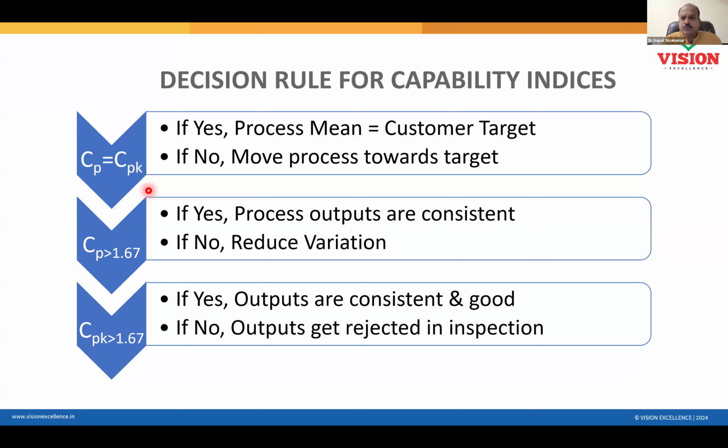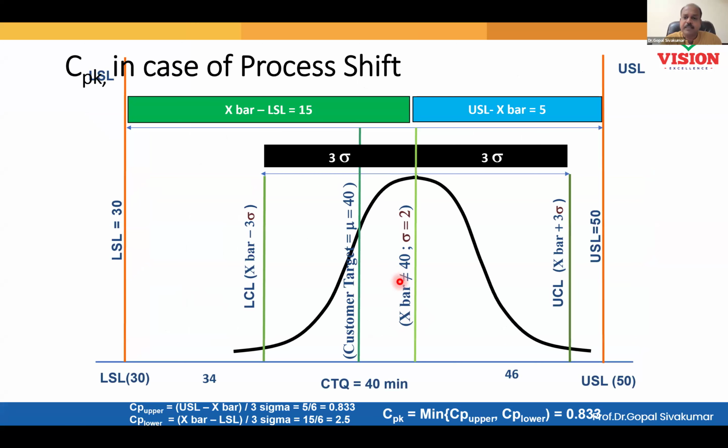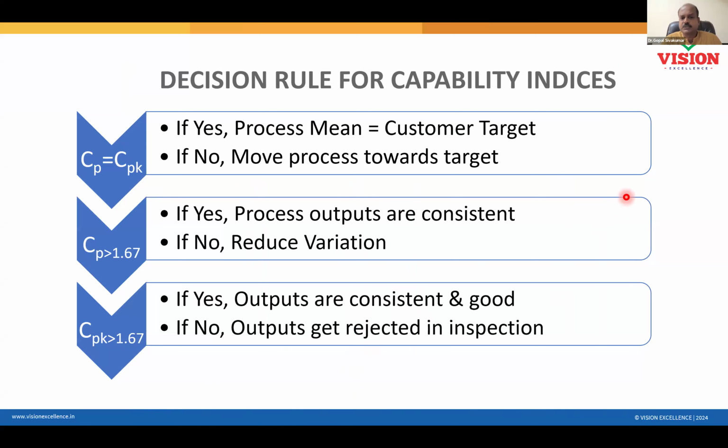Okay. See, if you want to know whether your process is shifted or not, you just have to look at your process average. Now, in this condition, what is the process average? You see here, X bar is not 40. That means let us say 42 or 43. But what is the target? 40. Since the target is 40, but my process average is 43, I now conclude my process is shifted, and that too to the right side because 43 is above 40. Hope I have answered your question.